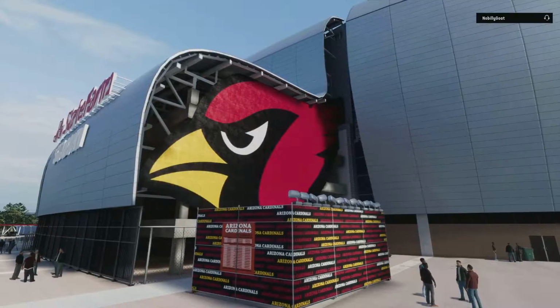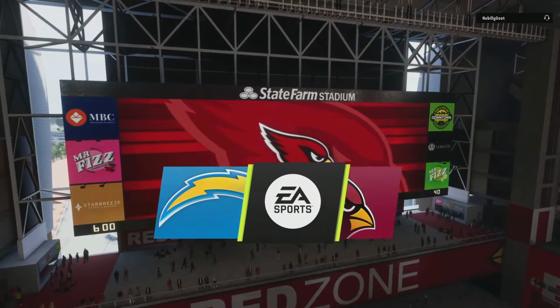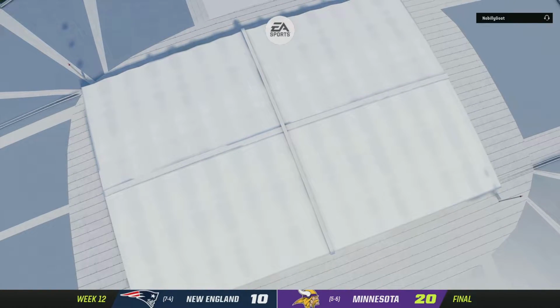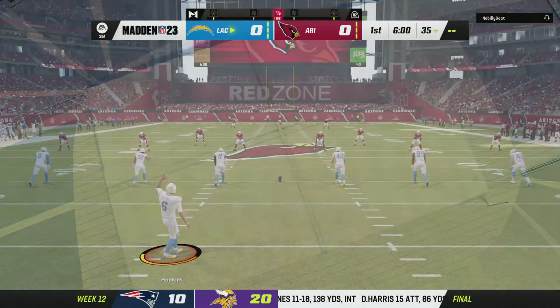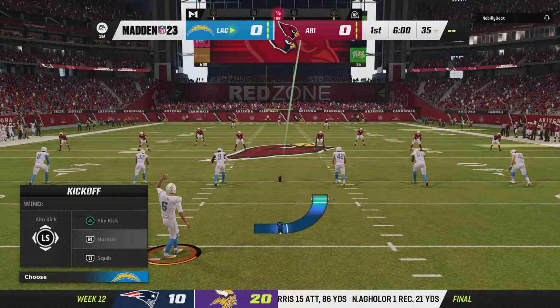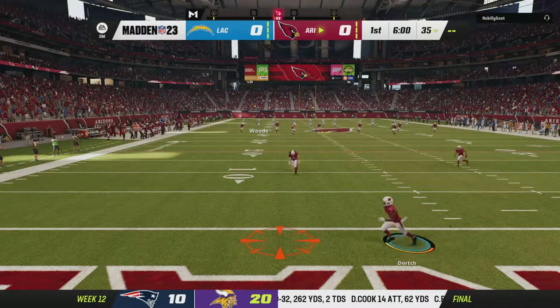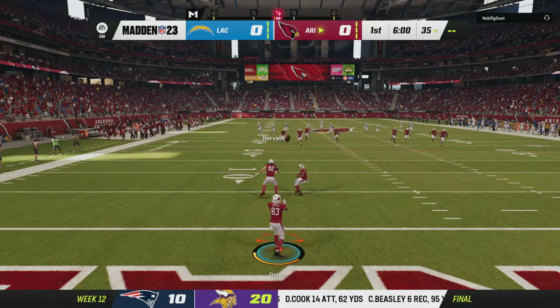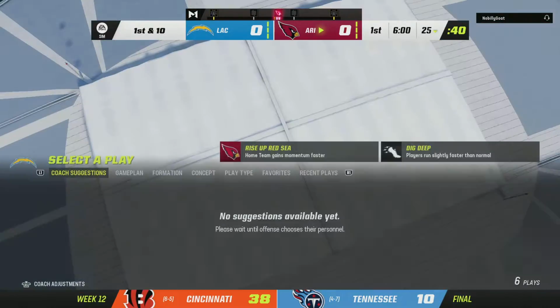If you're going to play football in Arizona, a dome and air conditioning, those are two good things to have, and we've got both here at State Farm Stadium, just west of downtown Phoenix. Today, it's week 12 of the NFL season, and we've got a matchup between the Los Angeles Chargers and the Arizona Cardinals. No run back here on the opening kickoff as